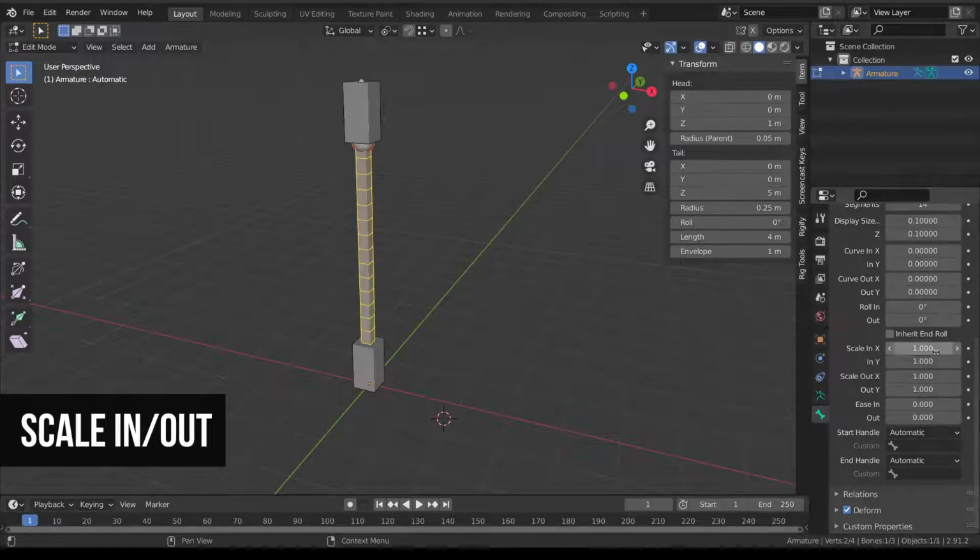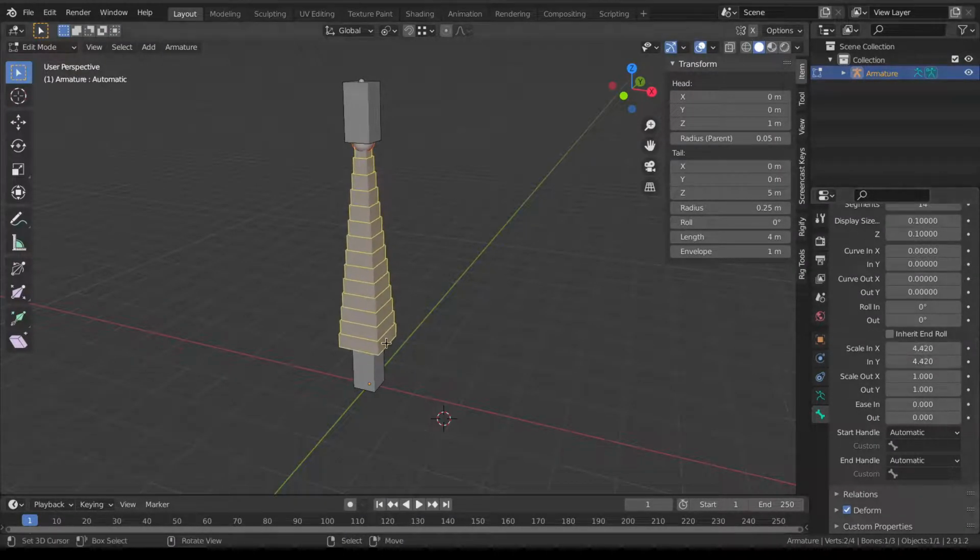Yeah. Now the scale in and out is another pretty easy one to understand. If we grab these and move them together, you can see that we're scaling the start of our bone. And if we grab the end ones, we're scaling the end of our bones. We can go up or down. So again, I haven't found a real advantage in deviating from the default settings in edit mode, but if we